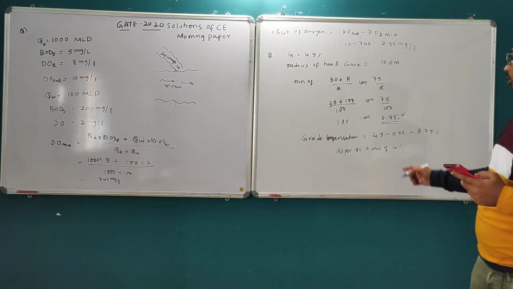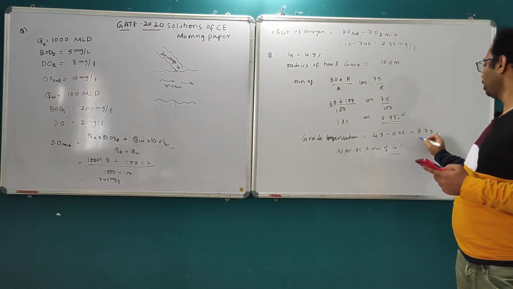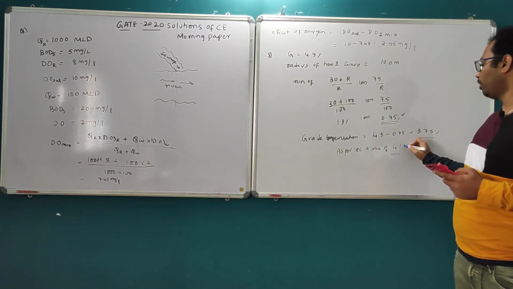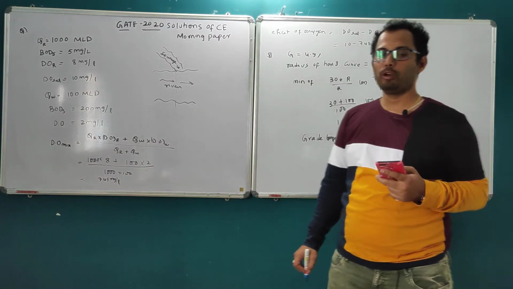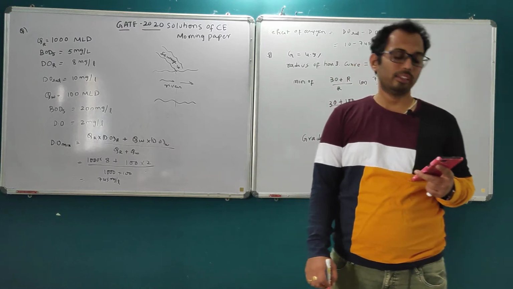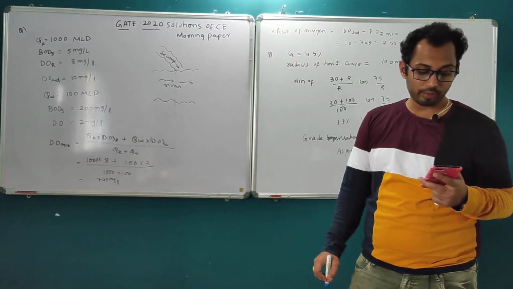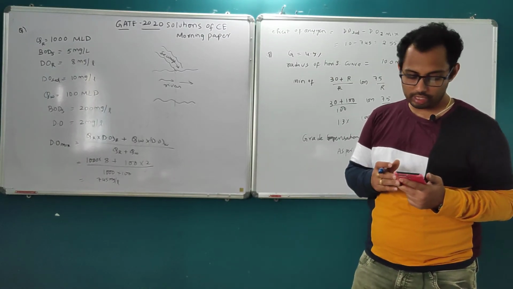Okay, so this is the minimum. So though you are getting 3.75, you have to restrict to this value. We cannot ease beyond the 4% value. That is why the answer should be the 4% only. Okay, so next one is